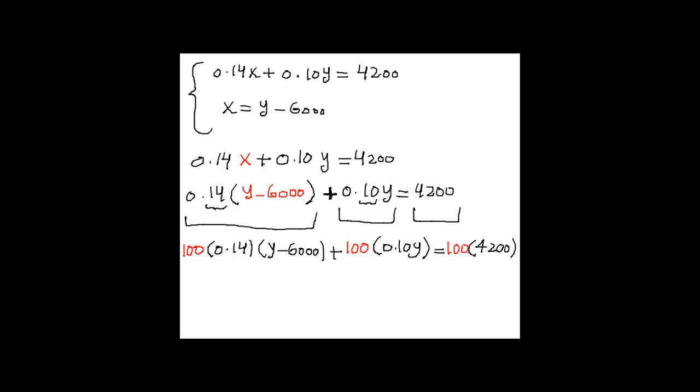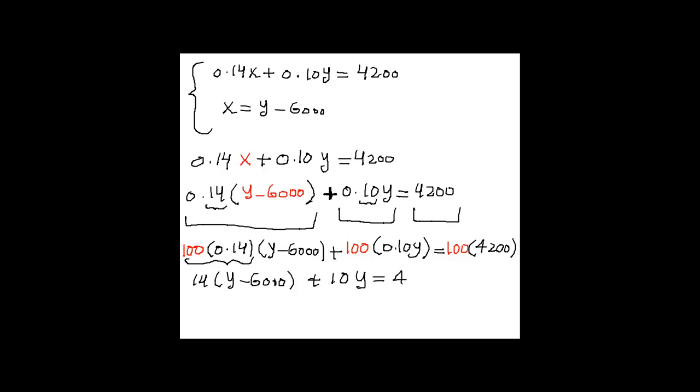So this one turns into simply 14y minus 6,000. The second term, we would have 10y,